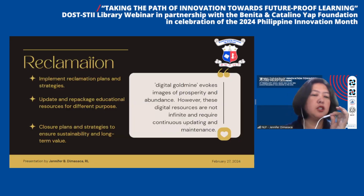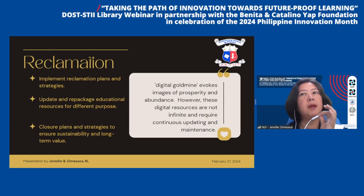Next is reclamation. Digital gold mines, or online learning platforms, have gained popularity due to technology and internet access. These platforms offer a vast array of digital resources, including ebooks, webinars, courses, and tutorials, accessible anytime and anywhere. However, these resources require constant updating and maintenance, impacting the environment and sustainability. So reclamation is crucial for digital gold mine operation due to the growing electronic waste generated by shorter device